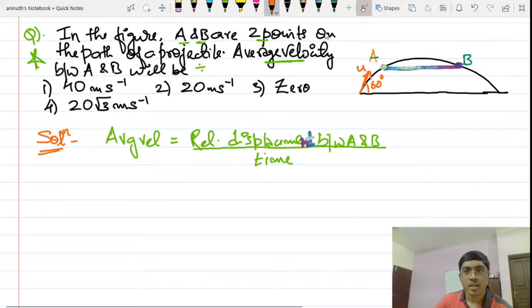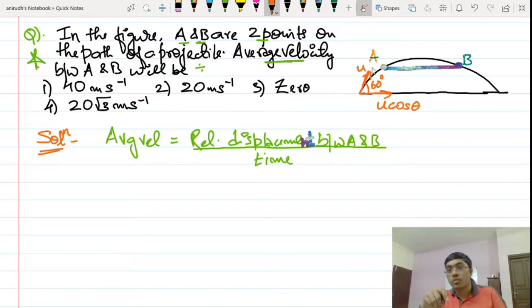Now tell me guys, what is the velocity responsible for moving the projectile in the horizontal direction? That will be the horizontal velocity. It is u cos theta at any point of this particular projectile, it is the same. And it is this particular velocity which is responsible for moving the projectile in the horizontal direction, isn't it? So what is the relative displacement then? What will I write here? Relative displacement is equal to the horizontal velocity